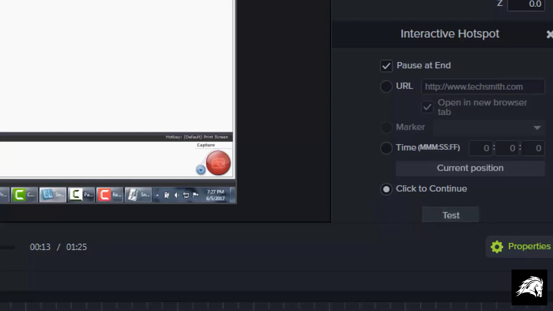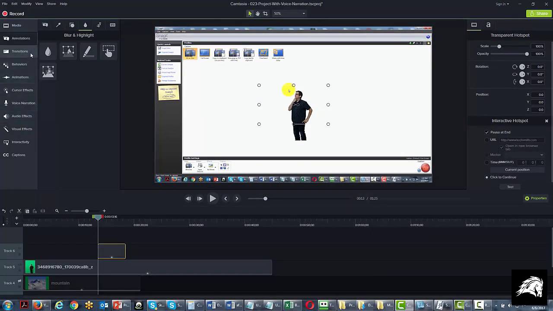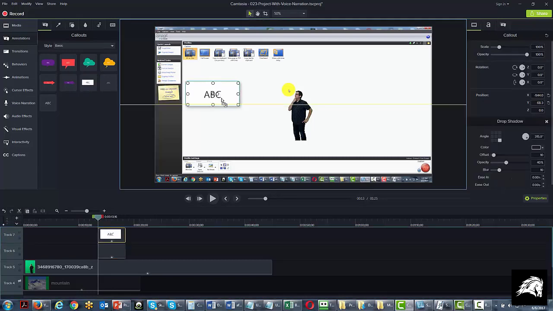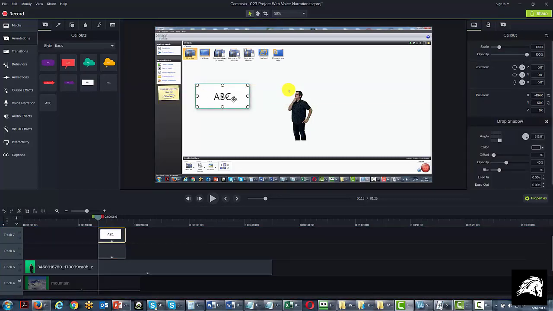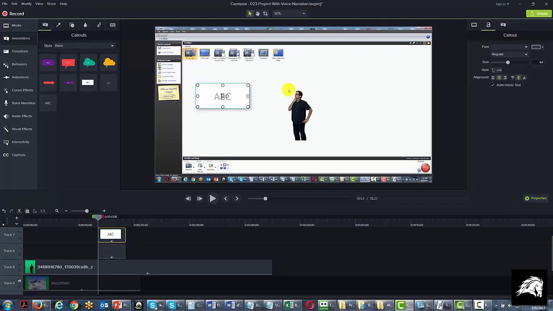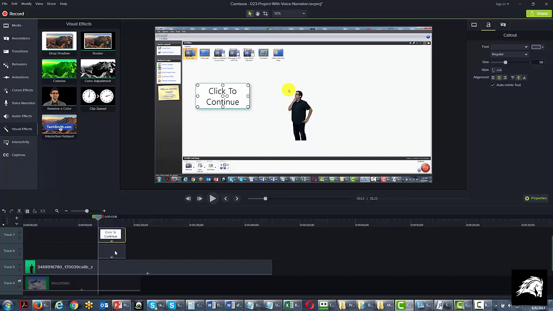Now in order to execute this, we're going to have to give the viewer some instructions. So we're going to go to the callouts. Then we're going to add in some text, and we're going to add it right here. We're going to double click it, and we're going to say something like click to continue. And we want it to appear for the same length of time as the hotspot. And then let's go to the hotspot so we can start to work with the